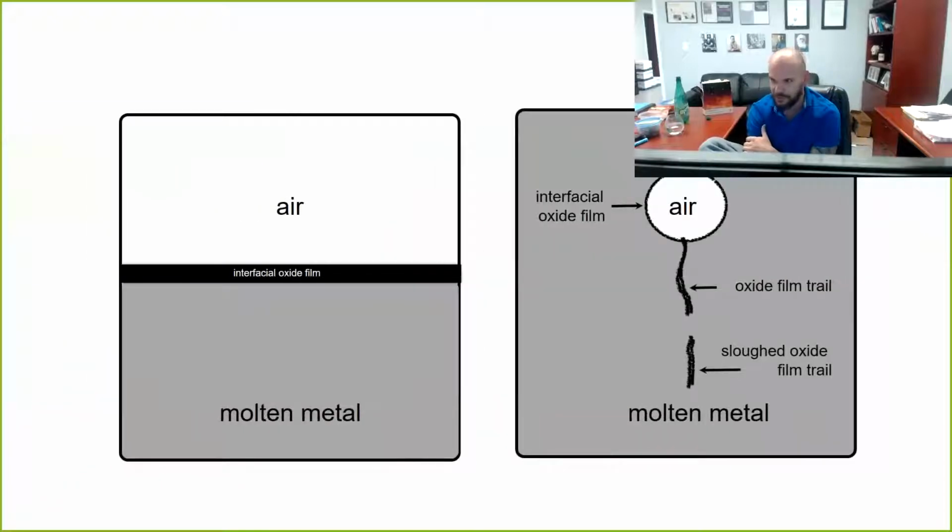So bifilm theory works really, really simple. And let's start it this way. Every time you've got molten metal exposed to air, immediately at that interface, an oxide forms. Depending on the composition of the alloy, that oxide is obviously a different composition. So it's going to be different composition for aluminum, different composition for steel. And some of the steels and the irons, it'll be partly liquid, partly solid.